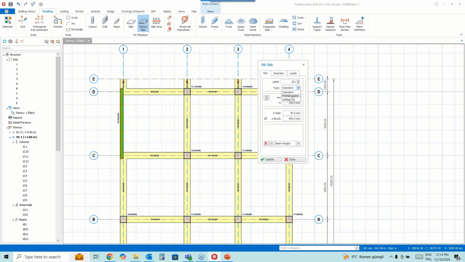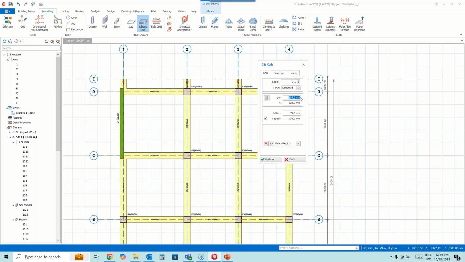For prefabricated, we are just adding hints for both ends of the rib slab, for rib beams actually, and grillage is generally what we call a waffle slab. You can also call it a grillage slab here, and the ribbed beams will be placed in the X and Y directions if you select this option. But we will start with standard first.